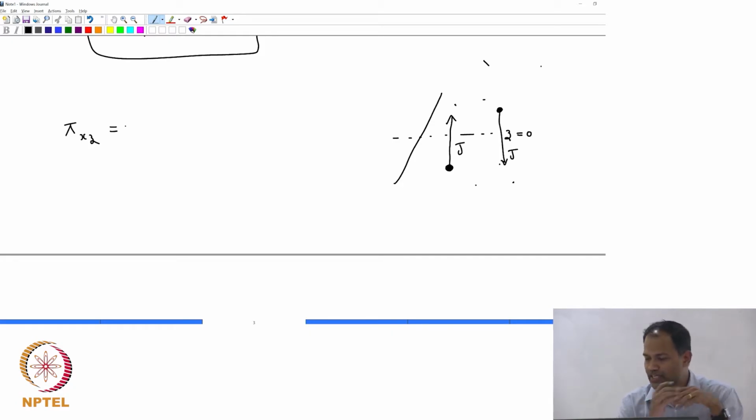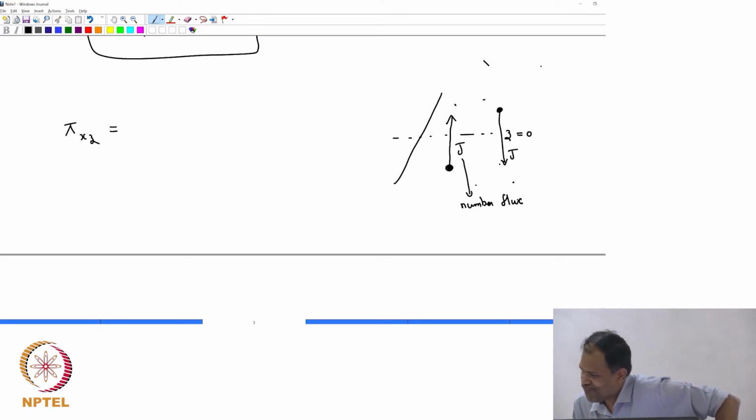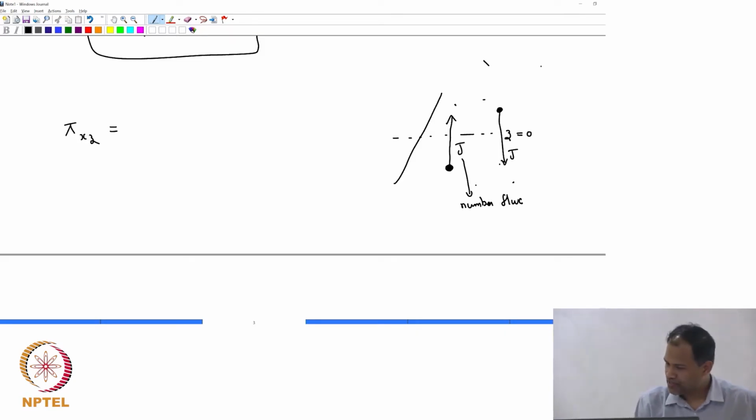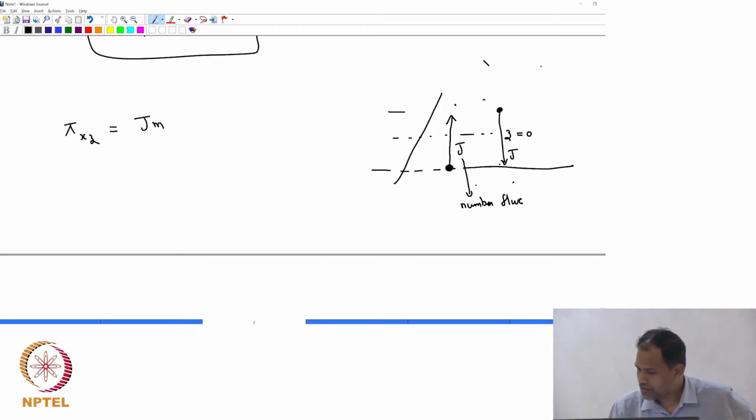We need to define J as the number flux, meaning the number of molecules crossing per unit area. If that is the case, then it is equal to J times m, for these two layers. So, the molecules that are crossing Z equal to 0,